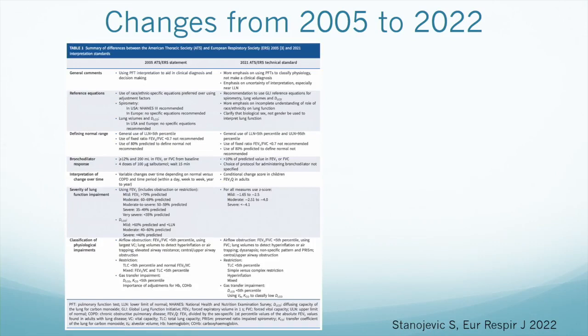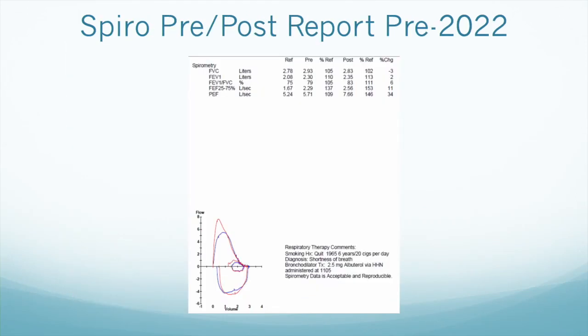We do our best to, again, interpret the physiology of the test result, and then ultimately, by providing that result to the ordering physician, it's up to the ordering physician to then use that data along with all the other clinical data that you have for the patient to come up with a differential diagnosis and treatment plan. So keeping this big picture in mind, let's take a look at the pulmonary function testing reports before the updated guidelines and then after. So this is a typical report that you'll see